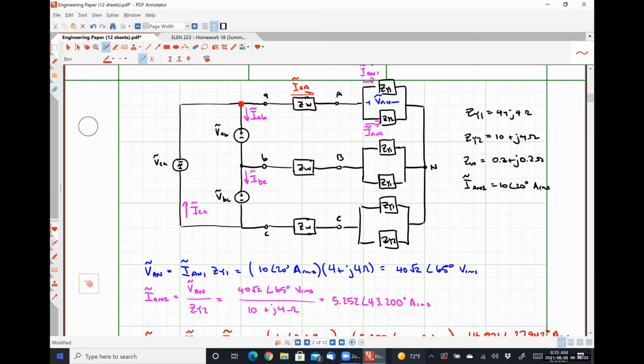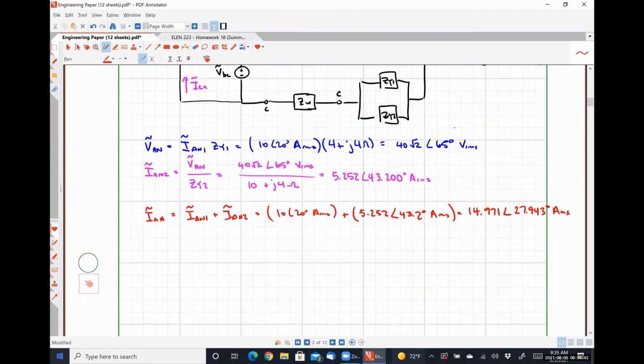ICA, my phase current, is entering, and IAB, my phase current, is leaving. So just so I don't mess this up too much, I'll write everything out. So we have IAA plus IAB is equal to ICA,